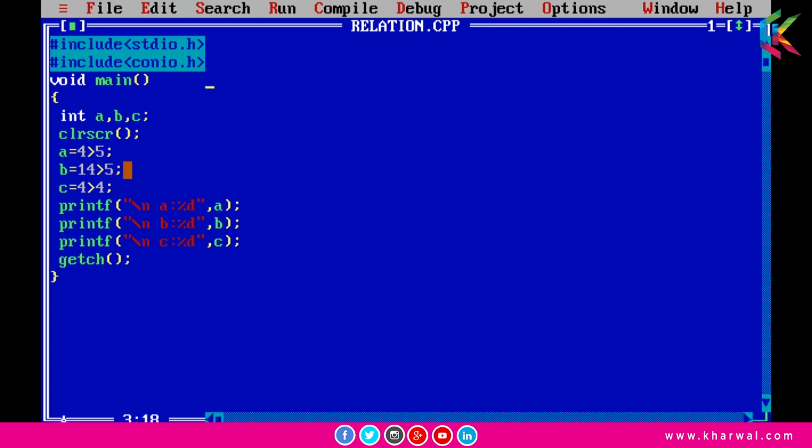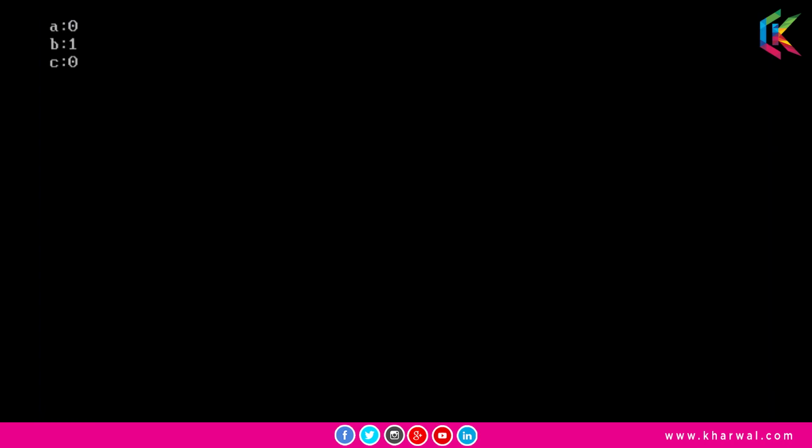In the next expression, this expression will be true, so the value of b will be 1. In the next expression, this expression will be false, so the value of c will be 0. Now if I run this program, it will print the values of a, b and c, and those are 0, 1 and 0 respectively.